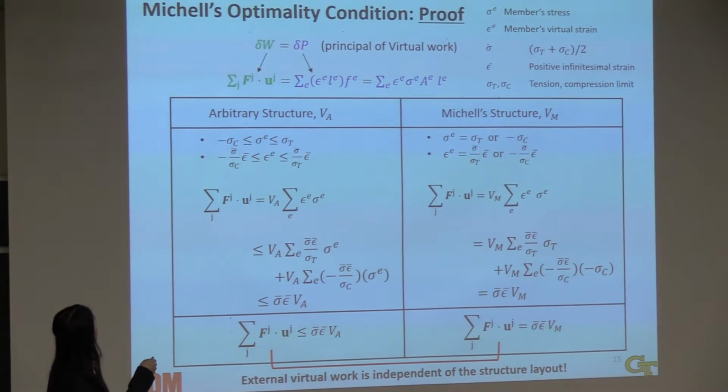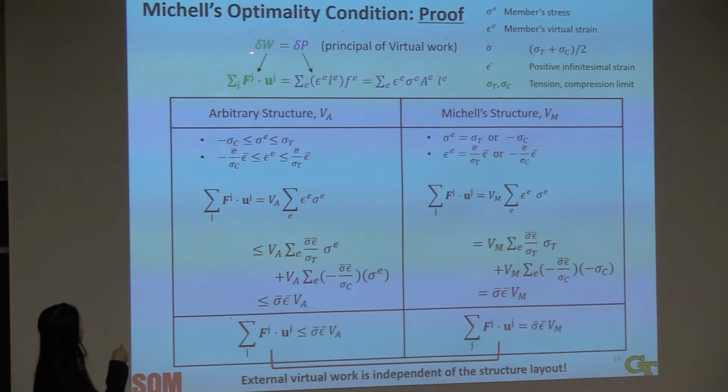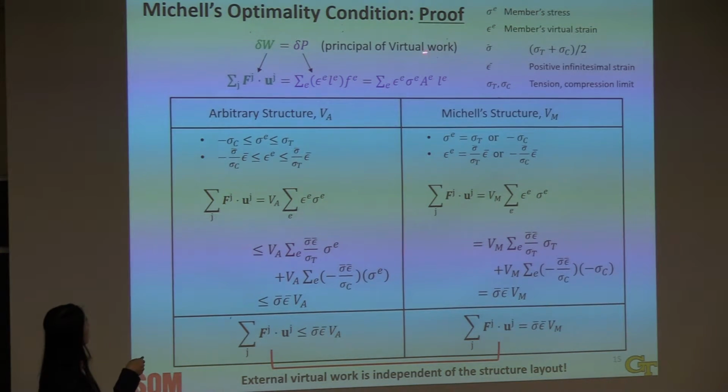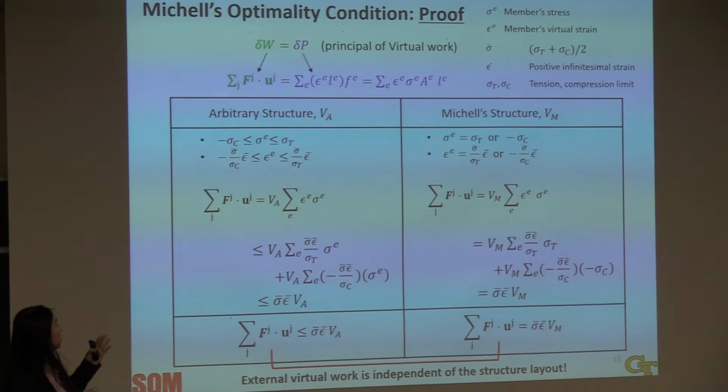So here I calculate by using the principle of virtual work. This is our external virtual work, and this is the internal virtual work for a truss member. But this external work is